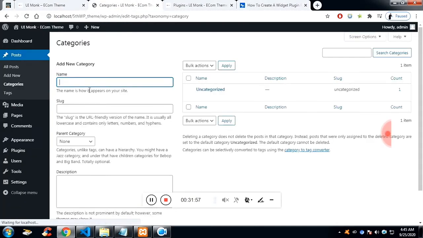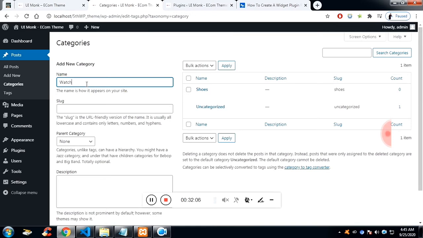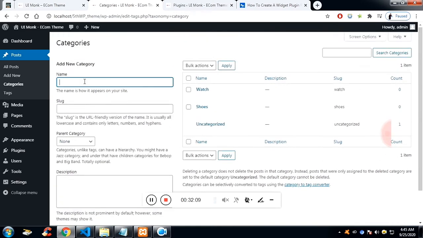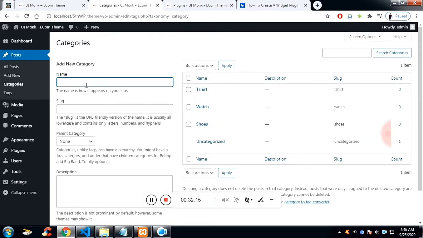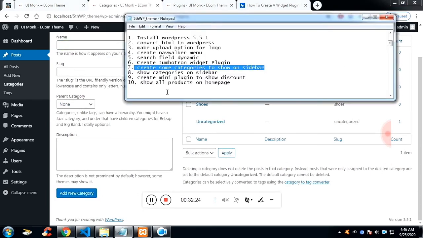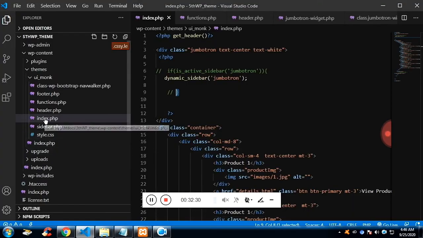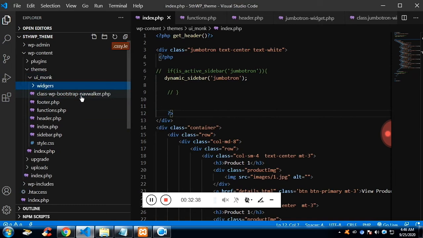Now let's create some categories so that we can display the categories on the sidebar. Watch, shoes, t-shirt. Let me create some posts as well. So on the sidebar, we are going to modify the